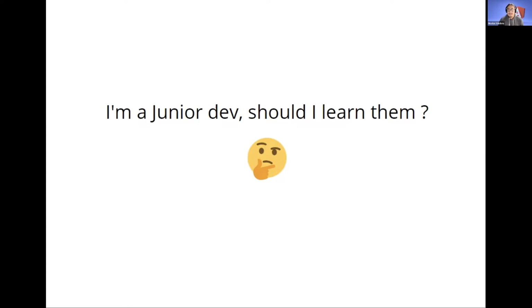So the answer for this, from my opinion, is yes. As a junior developer, you should know about design principles, but you don't have to be a master at it, because to be honest, it will be very complex to know how to apply them properly at the beginning of your career. So it is better to take action. It is better to start building something first, to apply to a job, to get the job you were looking for, but also be aware of what design principles are and which ones you can use in Angular. So take a moment to study design principles, but don't worry too much about going deeper into details at the beginning of your career.